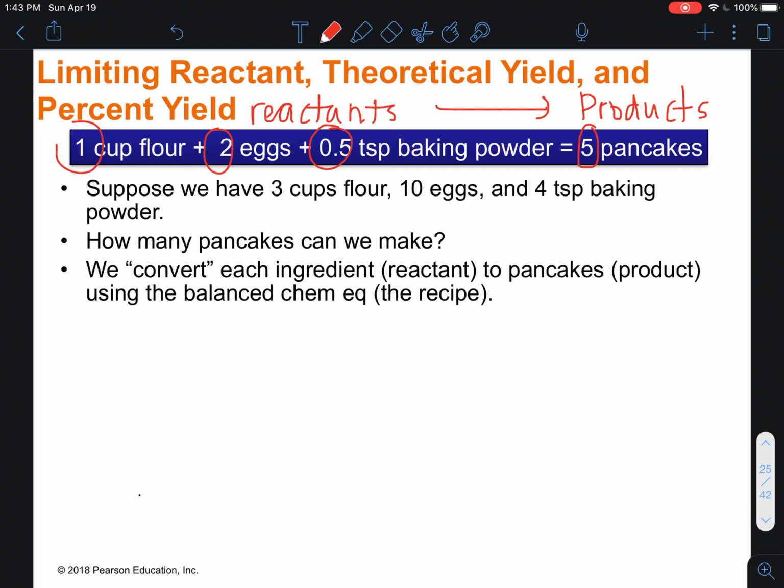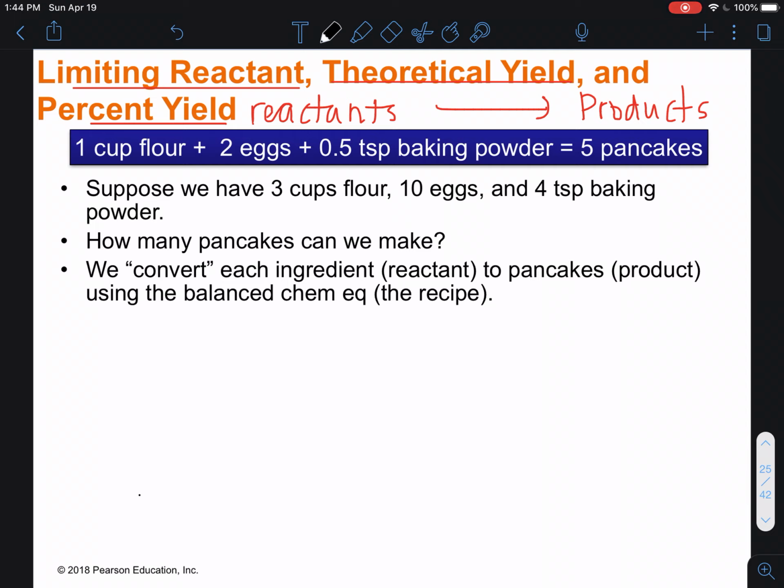Okay, so we're drawing a comparison, and what I'm going to do is introduce and show you how to calculate limiting reactant, theoretical yield, and this thing called percent yield. All right, so again, limiting reactant we already talked about slightly. Conceptually, we covered it, meaning that we know that the limiting reactant in a reaction determines the amount of product that is made. And it determines the amount of product that is made because it is the reactant that